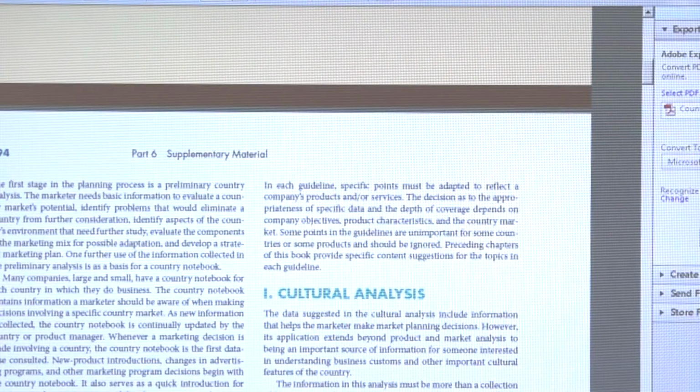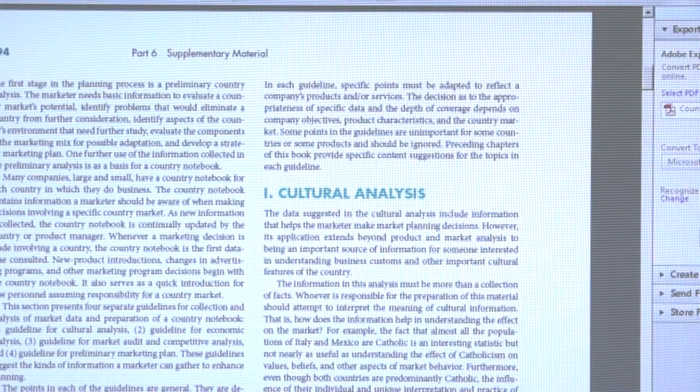Okay? Just to give you a quick idea, they run through the general idea of what it is we're trying to do. And again, the whole idea is all of us together are going to put together this bunch of information. You will then look at the information in light of a particular product and then tell me what its prospects are in the country of Poland, again, because we're doing Poland this summer session. So we're going to start with a cultural analysis.